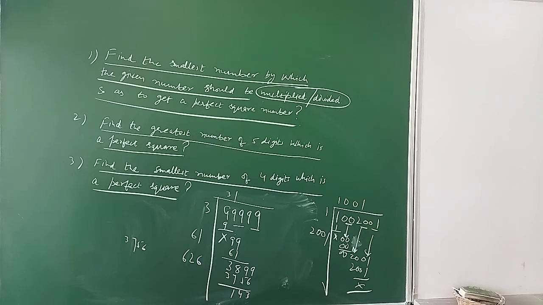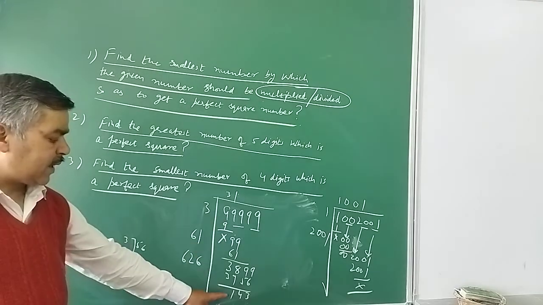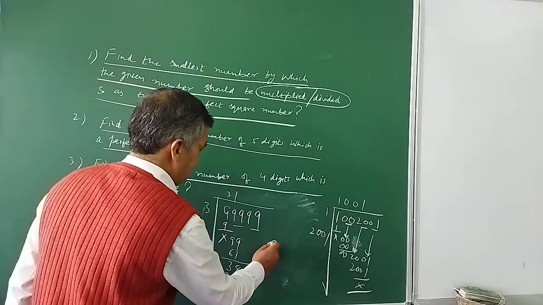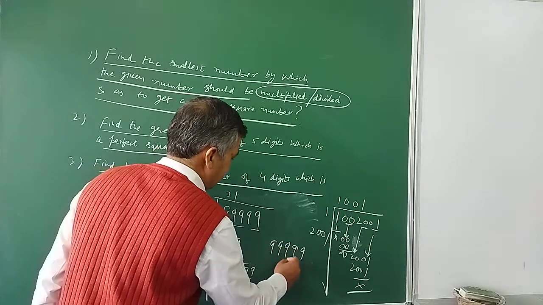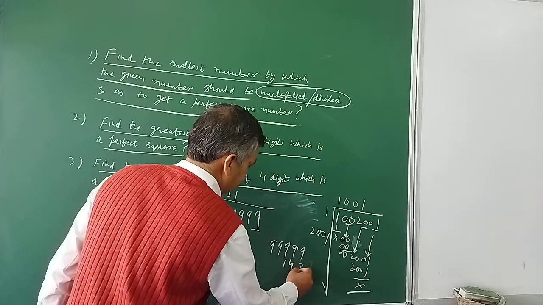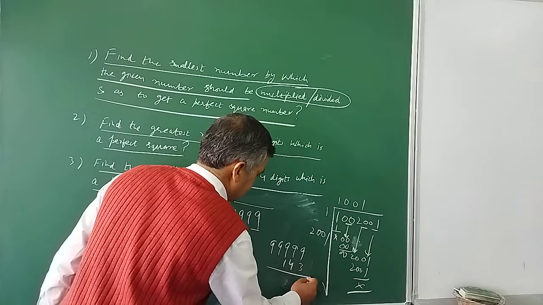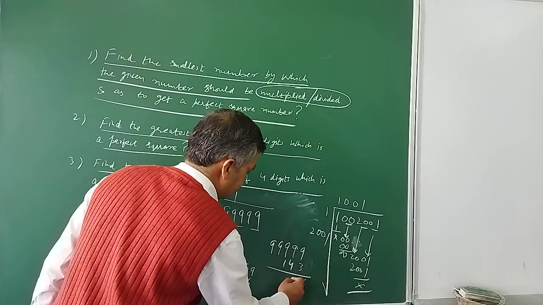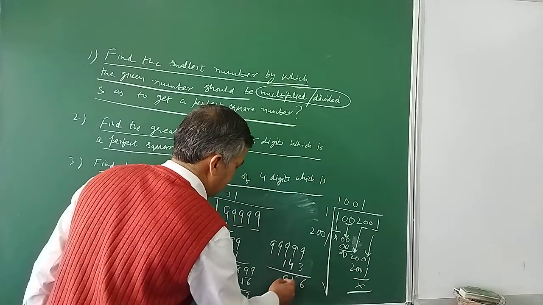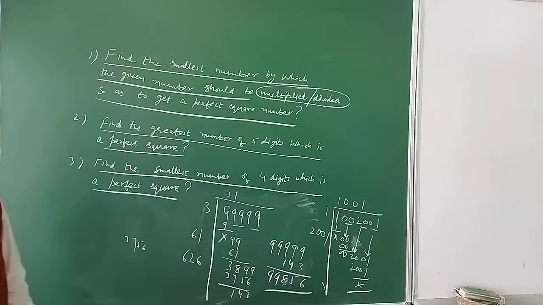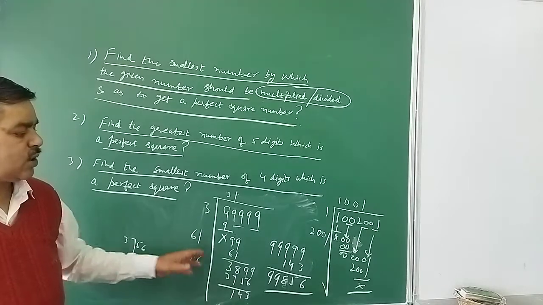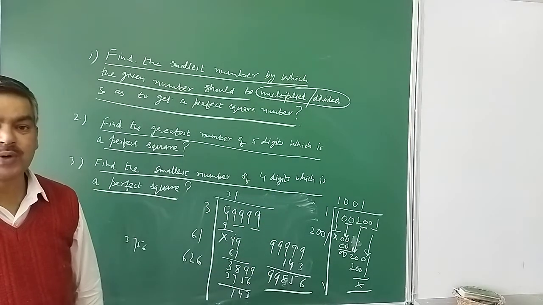So if I subtract this 143 from this 99,999: 9 minus 3 is 6, 9 minus 4 is 5, 9 minus 1 is 8, here it is 9 and here it is 9. So proceed as you proceed in finding the square root of any